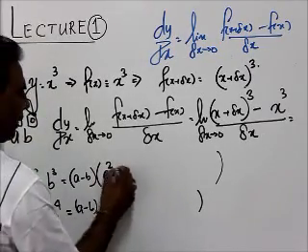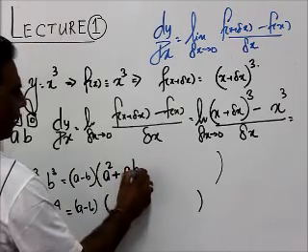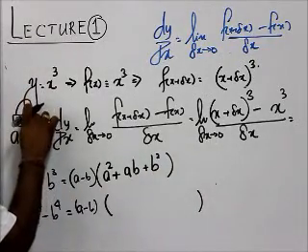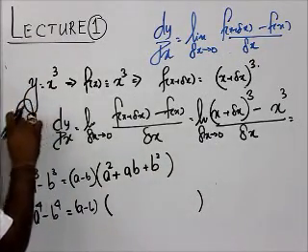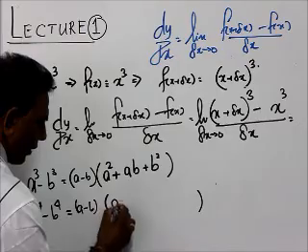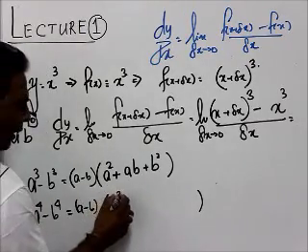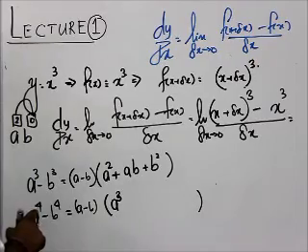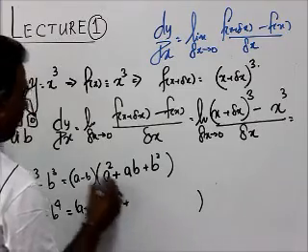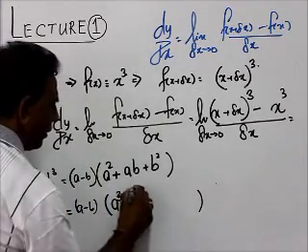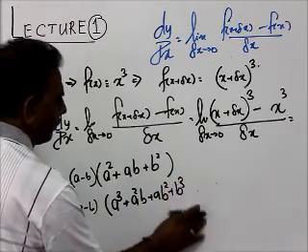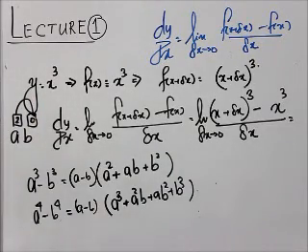Then next one, take 1 from here, then a, b. The next one, b squared, no a. If you take another one from here, then here 0, here 2. Then a to the power 0, no need to write 1. For a to the power 4 minus b to the power 4, we have to start with a cube, because degree 1 is already taken, then degree 2, degree 3, then a cube. Take 1 from here, then a squared b, then a b squared, then b cubed. Finish. This is the way you do the expansion.